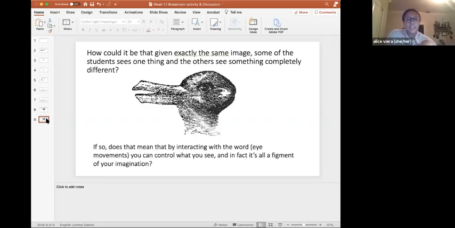Okay. I'm going to say I don't think so, because still from that first image, with the tables, the second one, we learned that there are some things that we can't really affect. So I think that there are some things that regardless of how we interact with them, our minds and our eyes are going to force us to see some things. But perhaps it is all a figment of our imagination. I think so, because everything is kind of filtered through our perceptive faculties.